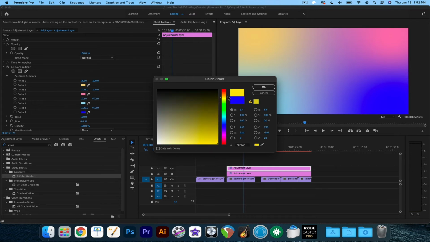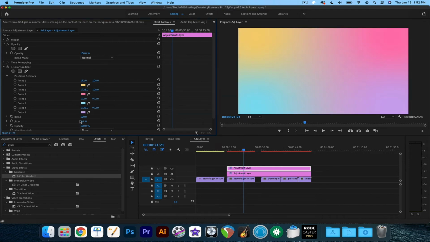let's go with something. We've got a yellow and a pink. Let's go with a purple. Why not? A lilac. So we have a very soft muted palette there. You can blend them together a little more if you want to. You can play with these sliders. You can change the position, so you can kind of move them around, and do that